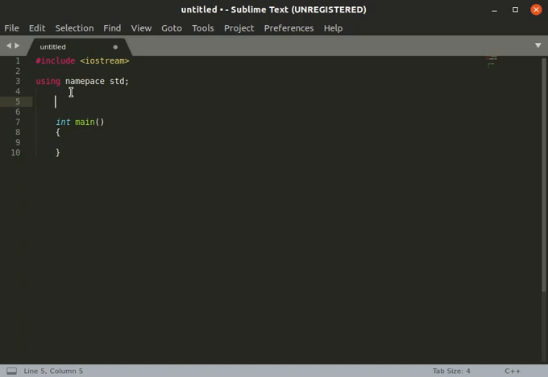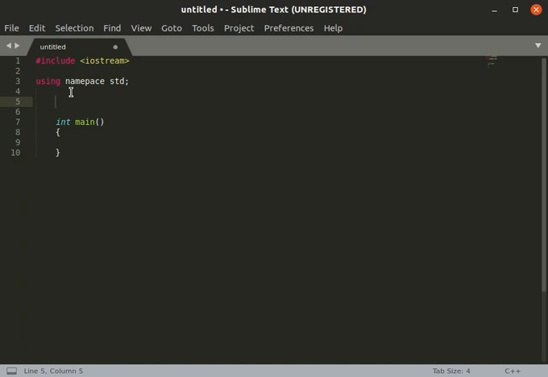For deciding that, we have to use a template. A template is basically a generic data type which we can use to decide at runtime which data type we use for two variables, to add them or subtract them, or whatever else you want to do with them.